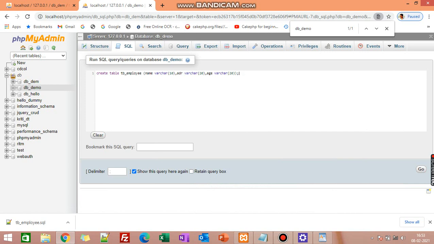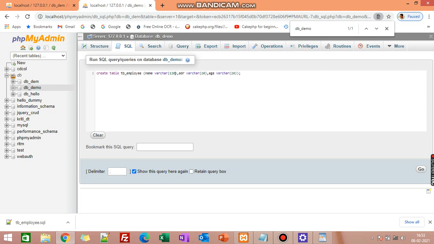Data types I will tell you later in a coming video, how and why we are using varchar. In simple terms, varchar means variable character. You can use it for name, address, because we are not going to do calculations, so we put varchar, and it does not allocate too much memory either. That's why we're using varchar. If we are using it for calculation purposes, then we have to use integer values, like in C++. I already told you. So varchar 10 means we allocate memory for 10 specific characters.